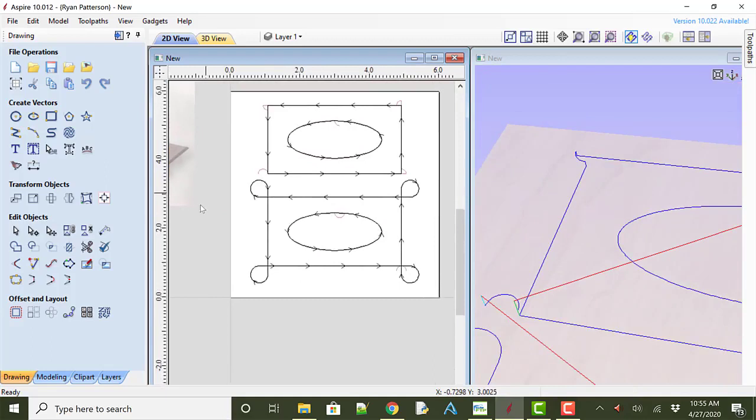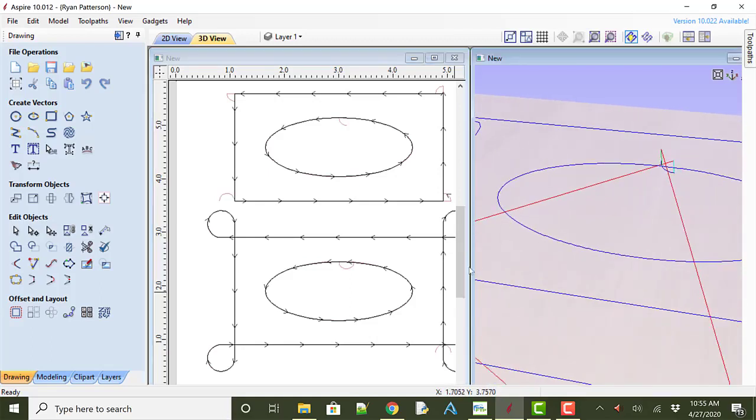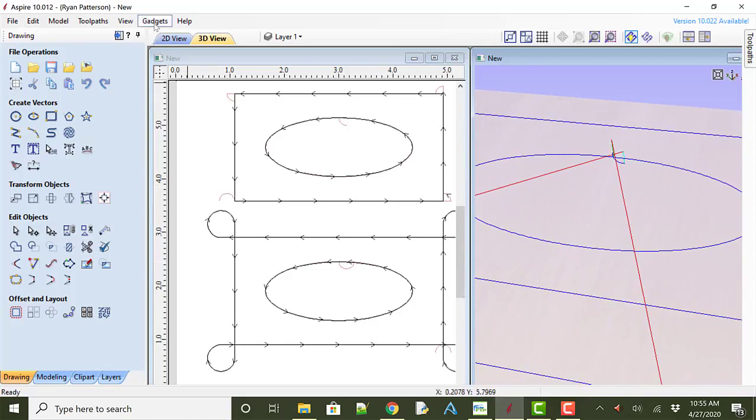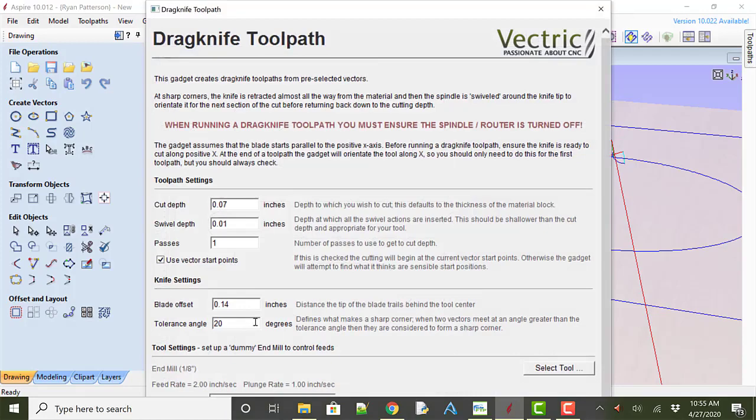So with that taken a look at, we are going to take and kind of follow through what is happening here in this toolpath that has been calculated. The starting path, it comes down to our 0.01 into the material. Then the machine is going to make this arc move to position or rotate the knife in the direction of the next cut. And at every angle that is greater than our threshold angle set in our gadgets, the tolerance angle, the blade or the machine is going to lift in the z-axis to the